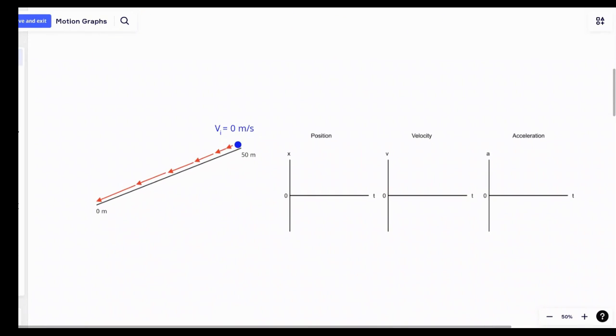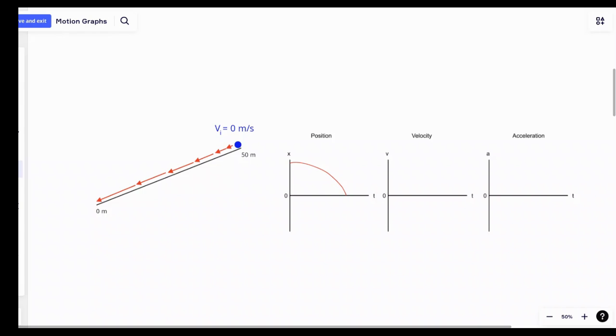Next, similar. The only difference here is I have it starting at 50 and going to 0. So the position is going to be a positive 50 away from the origin, but it's still going to be gaining in the negative direction, okay, because it's going backwards. So in this case, something like that for the position versus time, and then it starts with a 0 velocity, okay,